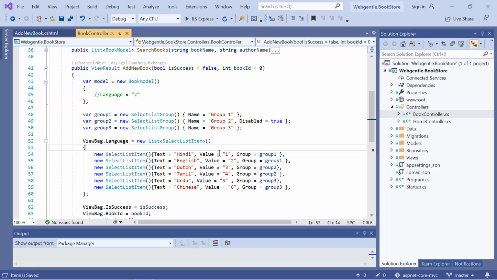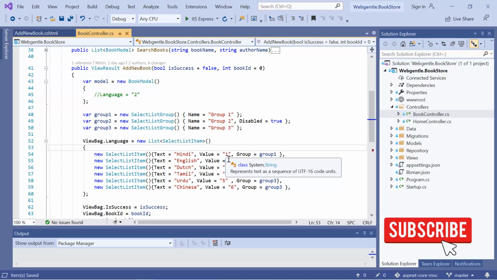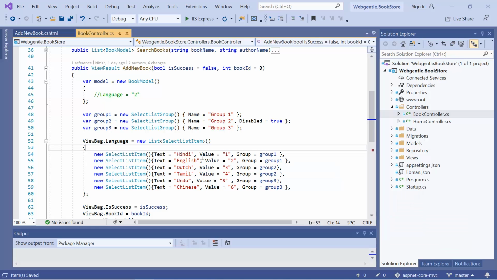Before creating the multi-select dropdown in ASP.NET Core, just focus on the concept. Suppose right now we are selecting only one value and the type of this one value is a string, and we are storing this value in this language property. The type of this language property is string. So we are able to store this value into the model property. Now we will select multiple data from this dropdown, and to get this data into the model, we need something which can handle all this data in a single property. So basically we need to create a new property with type list of string in our model.